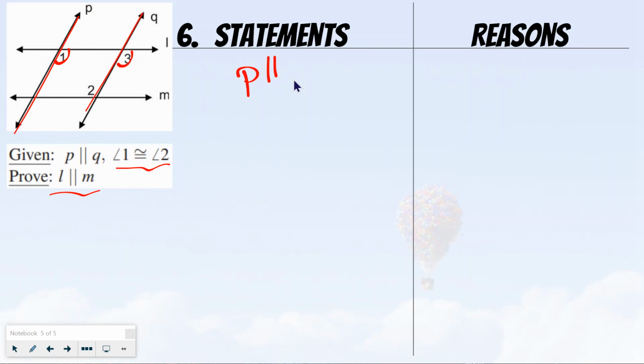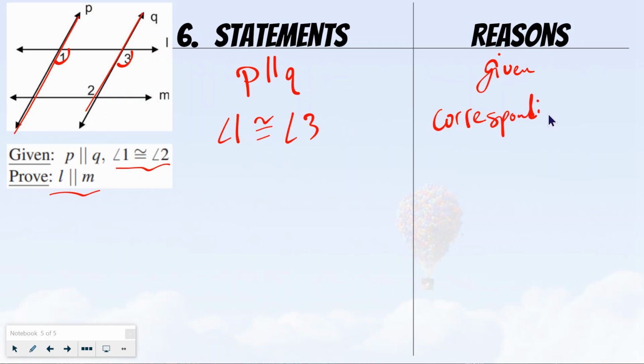So I'm going to start with that as my given, that P is parallel to Q because it's given to me, and that angle 1 is congruent to angle 3 because those are corresponding angles. And the corresponding angles postulate says that if I have parallel lines, I know that those corresponding angles are actually congruent to each other. Alright, so from there,